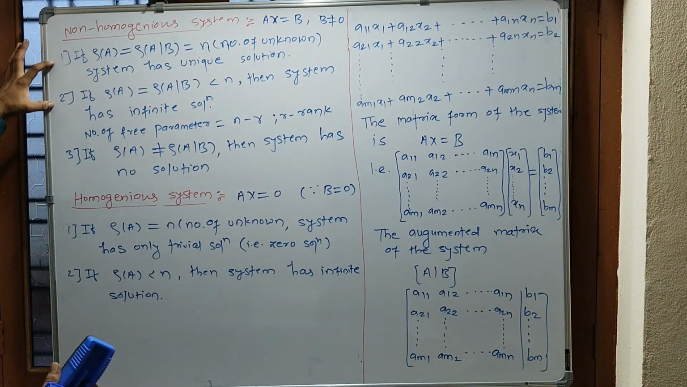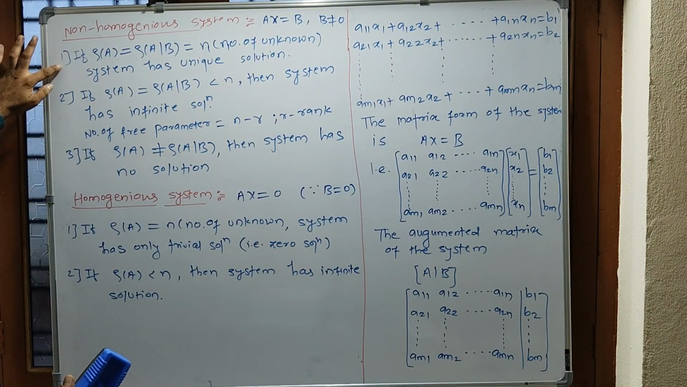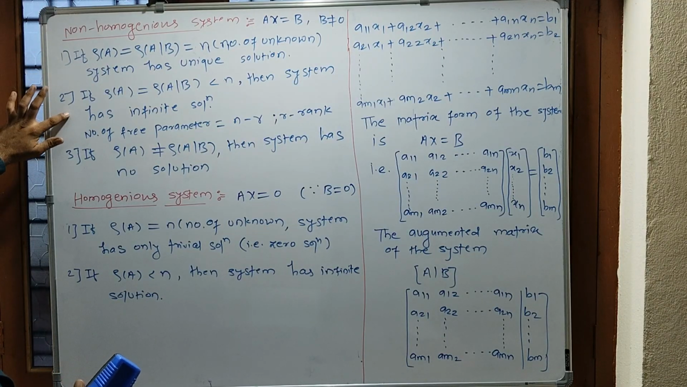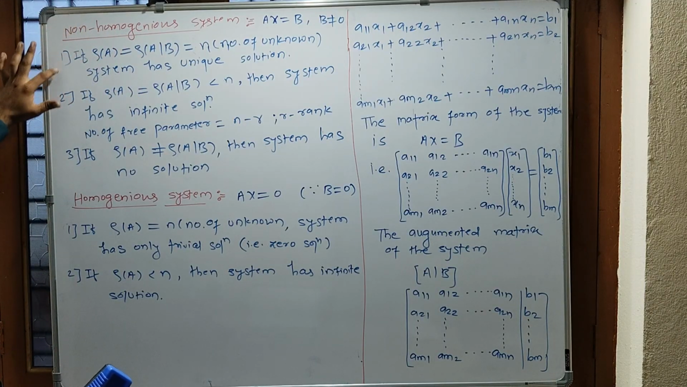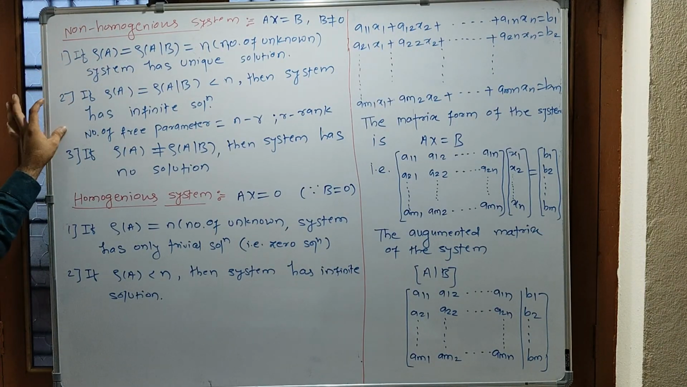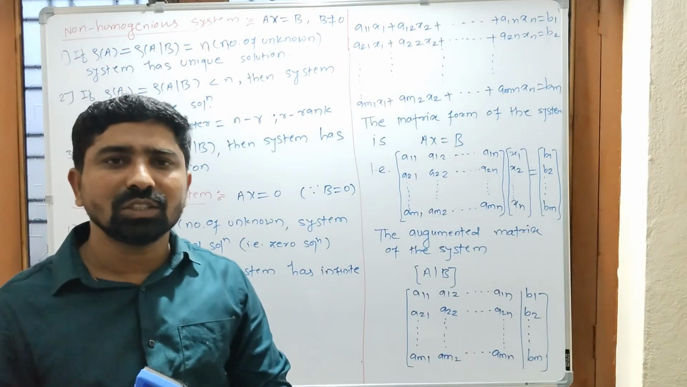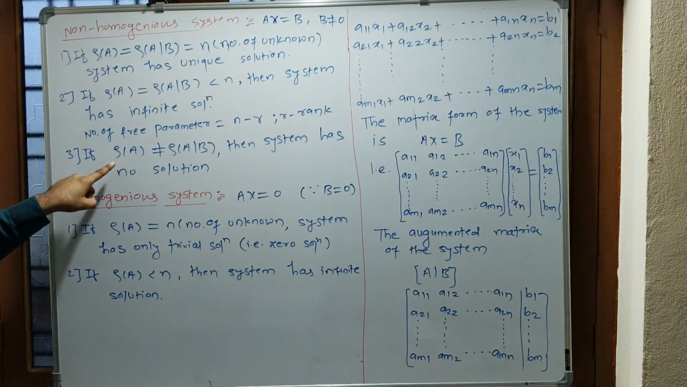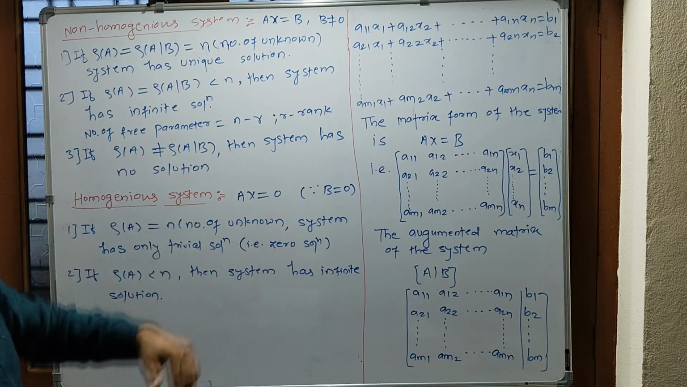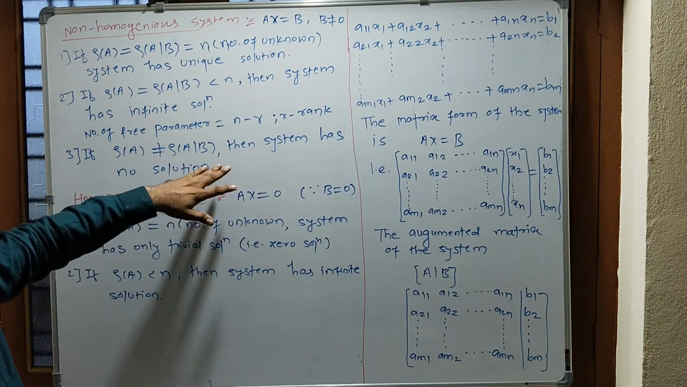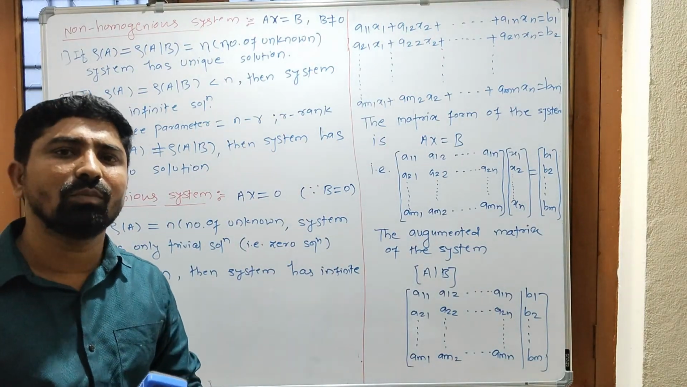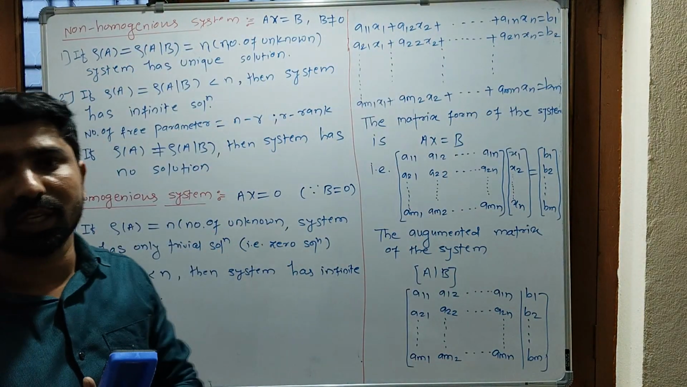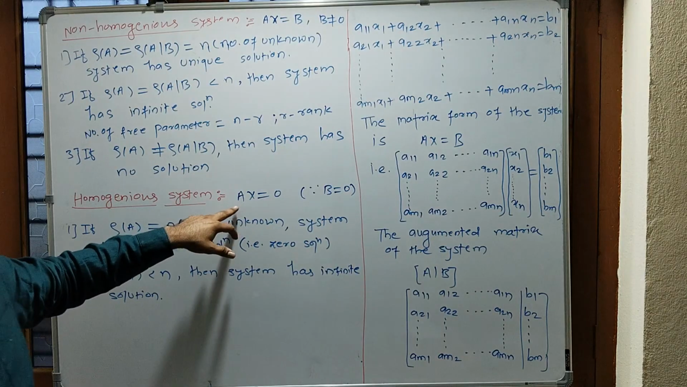In these two cases my system has, in this first case मेरे सिस्टम को एक सॉल्यूशन है और in this second case मेरे सिस्टम को infinitely many solution है। तो अगर ये दोनों में से किसी भी एक केस में मैं मेरे सिस्टम को कंसिस्टेंट सिस्टम ऑफ इक्वेशन कहूंगा। अगर मेरे मैट्रिक्स का रैंक ऑफ ए इज नॉट सेम एज रैंक ऑफ ए ऑगमेंटेड मैट्रिक्स बी है तो मेरे सिस्टम को सॉल्यूशन नहीं होता है। इस केस में मैं मेरे सिस्टम को इनकंसिस्टेंट सिस्टम ऑफ इक्वेशन बोलूंगा, ये नॉन होमोजेनियस के केस में।